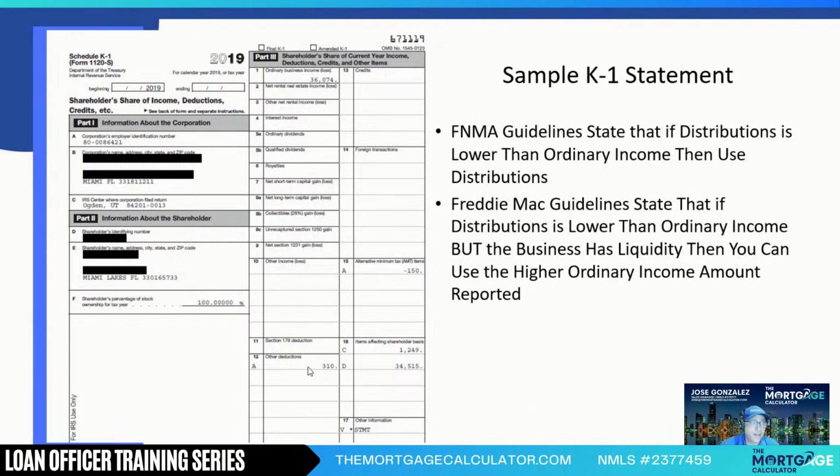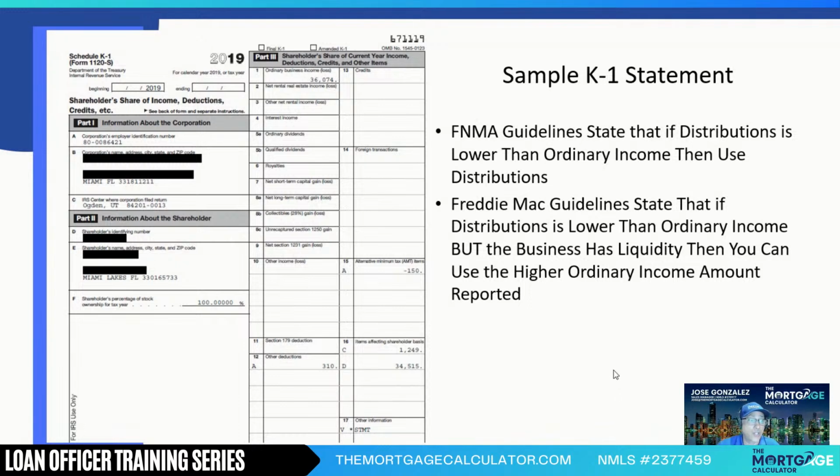Fannie Mae, you have to use $30,000 because the distributions was lower than the ordinary income. Freddie Mac, if you run the liquidity test and it shows that the business has liquidity, in other words, assets greater than liabilities, then you can use the $100,000 ordinary income reported